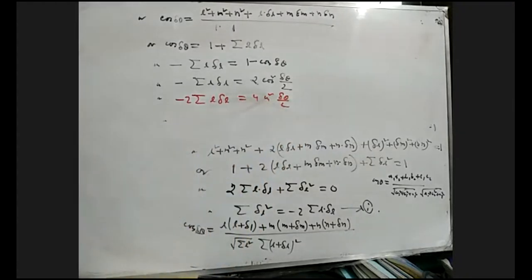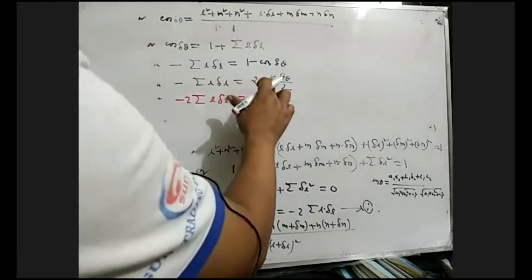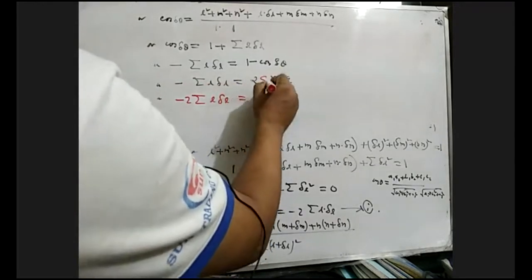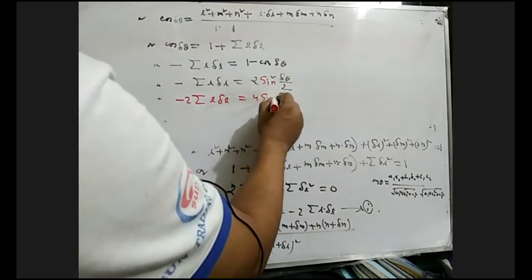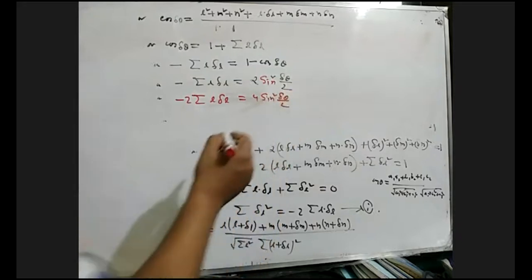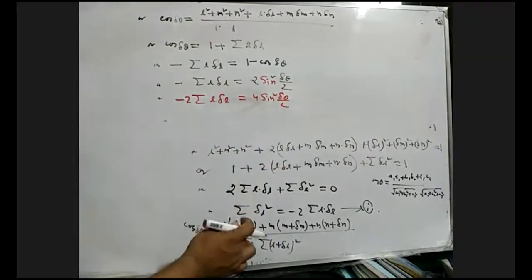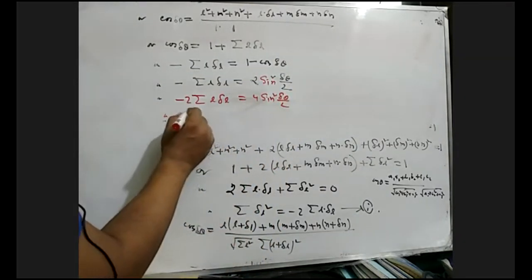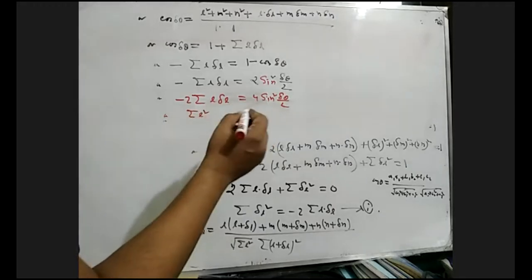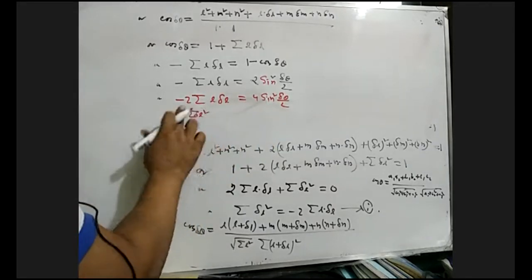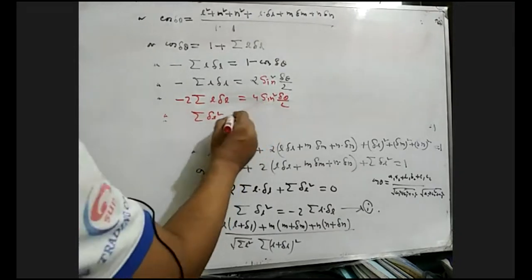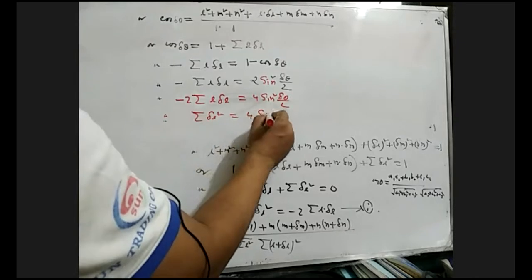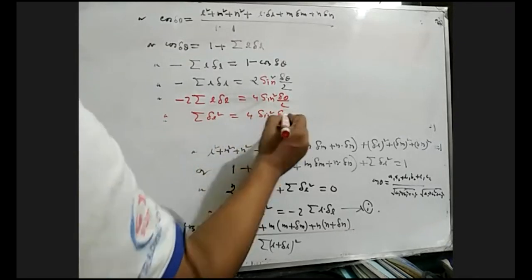Okay. Sorry, 1 minus cos twice theta formula is what? 2 sin square theta by 2. Remember it. 2 sin square theta by 2, trigonometric identity. So this means what actually? Summation L square, summation L square del L whole square, del L square equals what? 4 sin square del theta by 2.